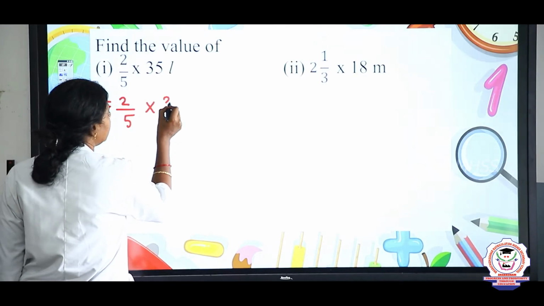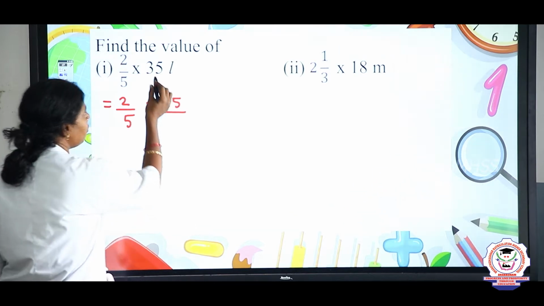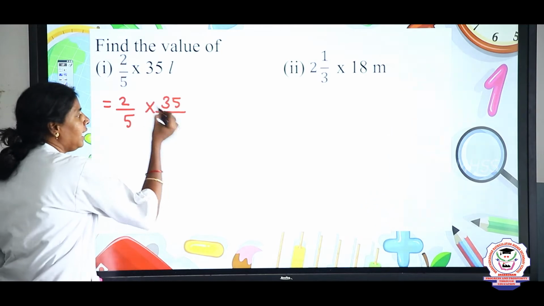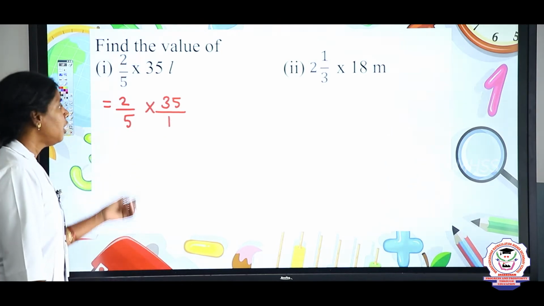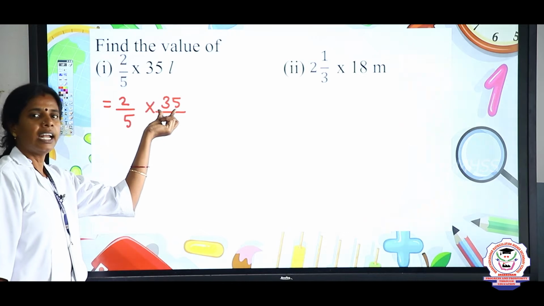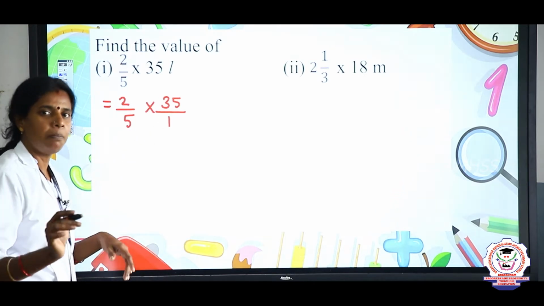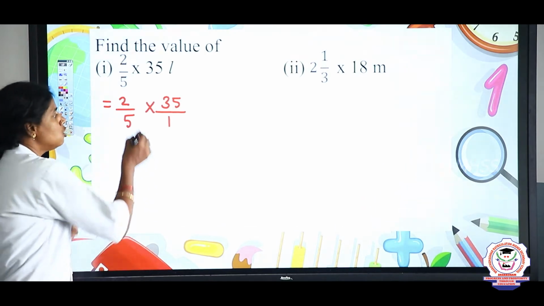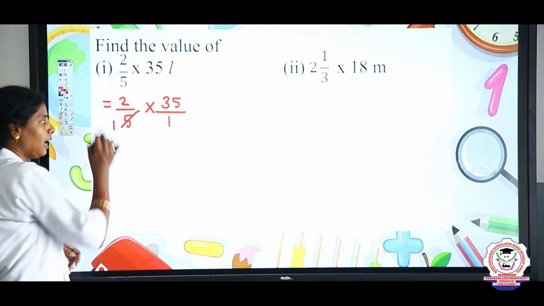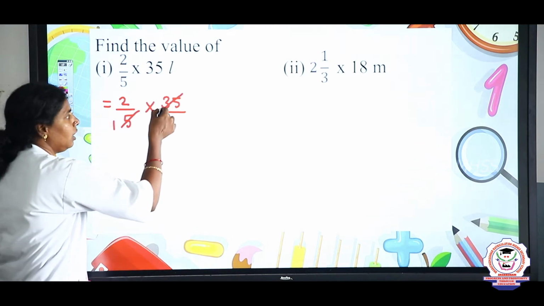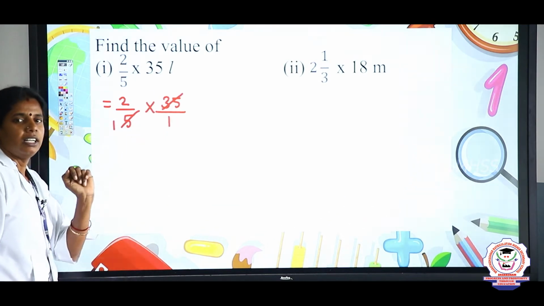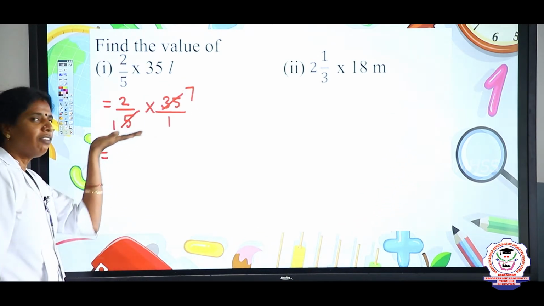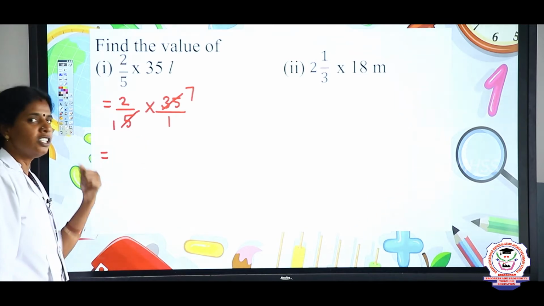into 35. See, 35 is a whole number. We can consider it as a fraction also by taking denominator as 1. Now, we can cancel the numerator and denominator with the same number. Both are multiples of 5, so I am going to use 5. 5 ones are 5. How many 5s in 35? 5 sevens are 35. So, now we have simplified the fractions,